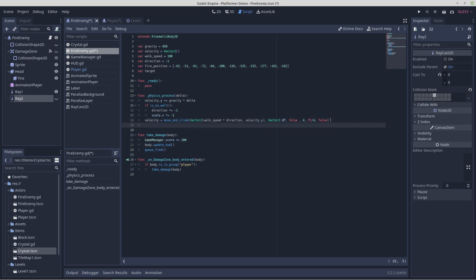And how we'll arrive at target is target equals $ray1. Ray1 is the detector. Dot get collider. Now, if something is colliding with the first raycast, it will return the collider. It will return the object. If nothing is colliding, it will return a null value. So we're going to set target to equal null. If something enters the raycast, target will have a value. So we'll go if target